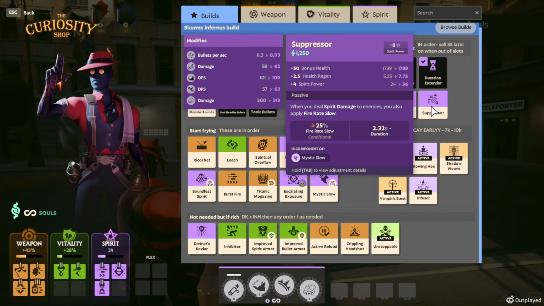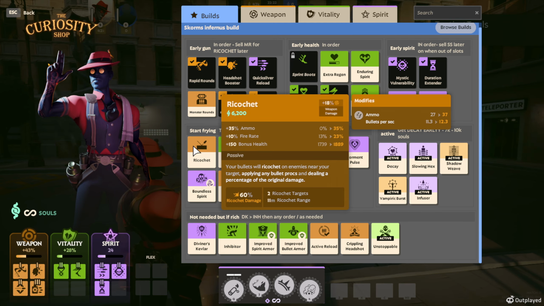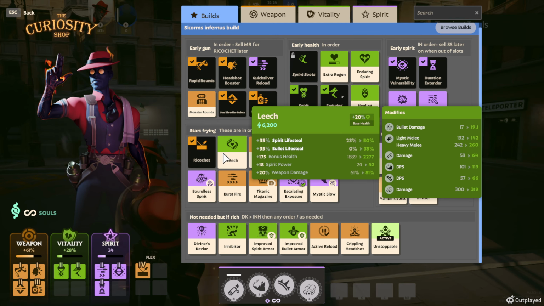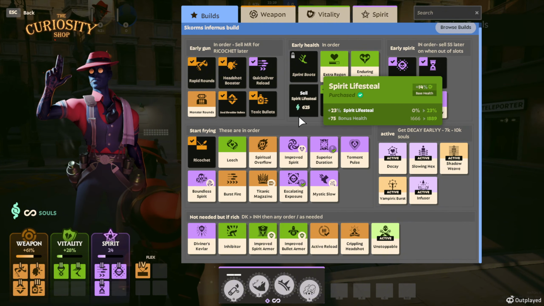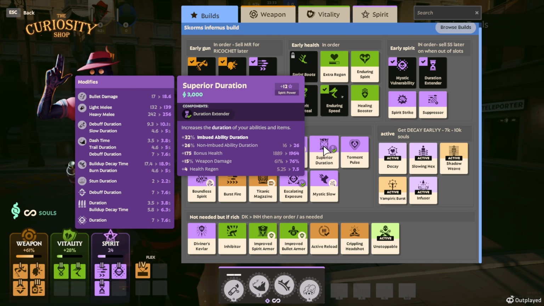I have Suppressor and Spirit Strike here. I don't really use Spirit Strike anymore. Suppressor is good, but we have other spirit stuff that we're going to buy in slot. So we get these. Then we buy Ricochet, and sometimes what I've been doing is instead of buying Ricochet, I'll go straight to Escalating Exposure and then Superior Duration,